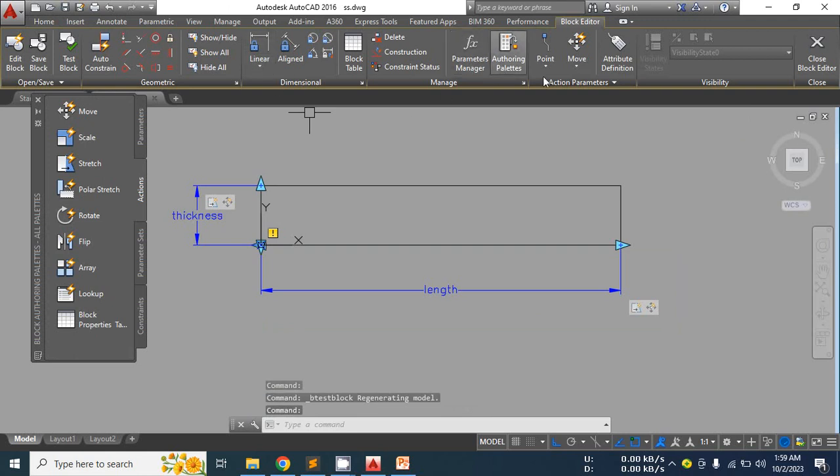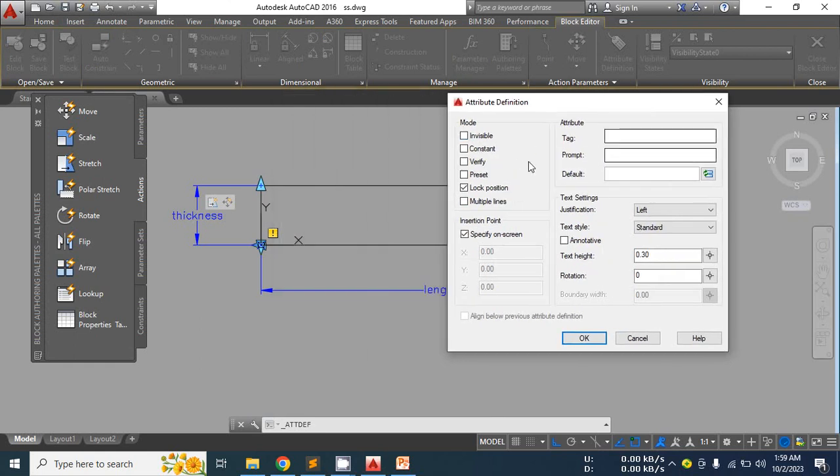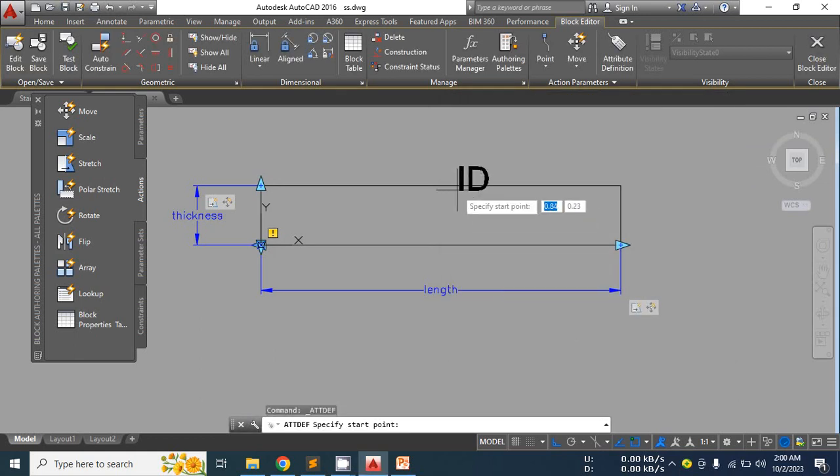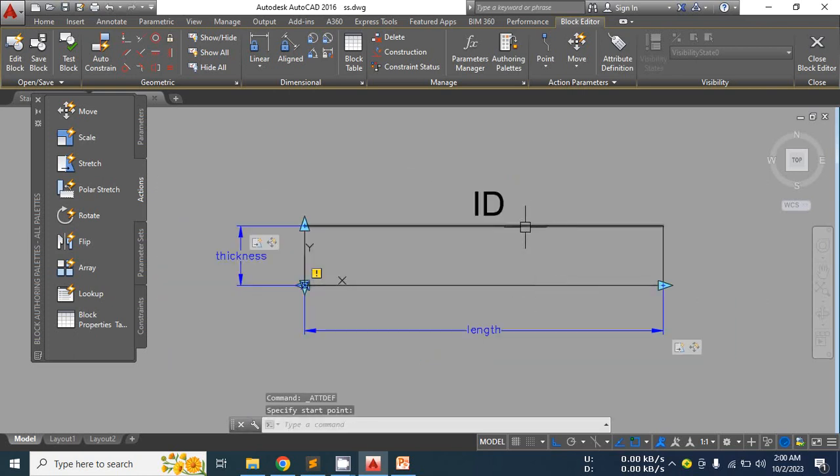Okay, the first attribute is I want things invisible. If you make this thing visible, it will show up here. Let's make a try here. Say the tag name should be id, and the id default value here. This is too much. Text height now, places here. Okay, so this id is a visible attribute. We don't want that,